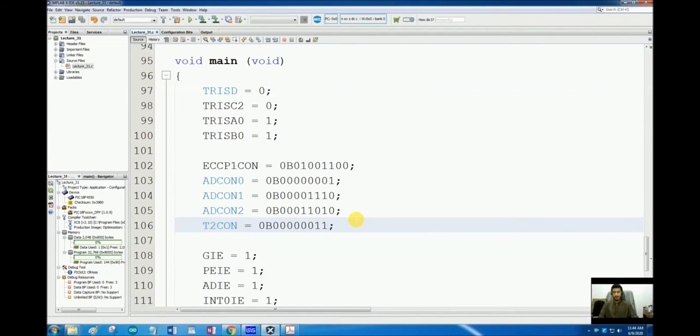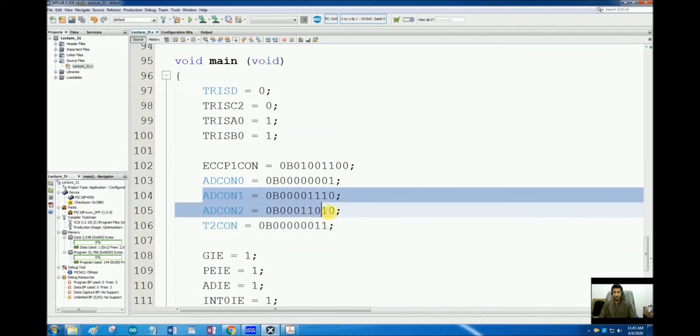I showed you the simulation of the SPWM in our previous lecture, but as the lecture was getting quite long, I skipped some further details on that. So let's discuss those details today, and then we will move on to our topic of today's lecture. First, let me tell you that I have changed some values of ADCON1 and ADCON2 registers.